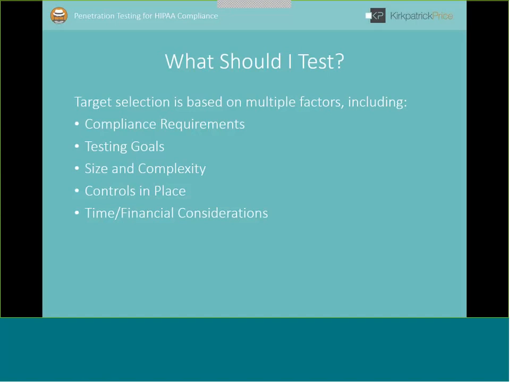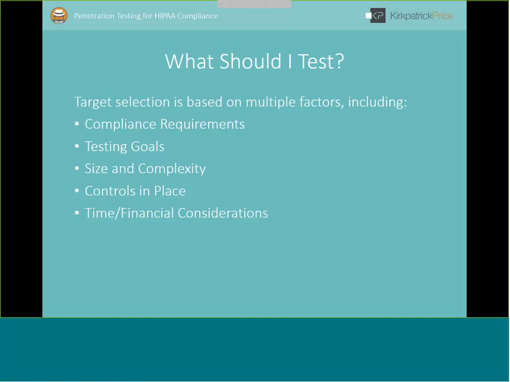As you start to evaluate scope for a larger organization, it becomes important to really limit that to systems that are most likely to be affected, and also systems that are not protected in ways that they should be. For example,